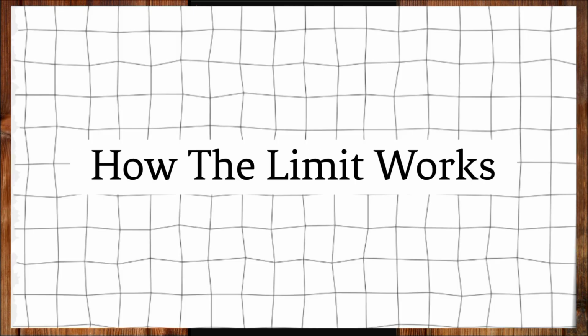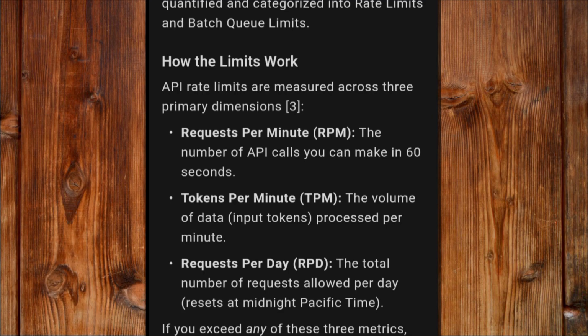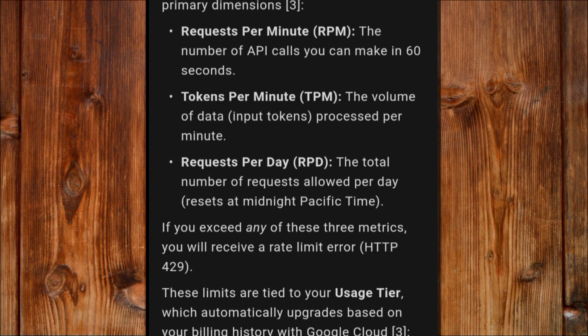You can see it. Now how does the limit work? It measures API limit across 3 dimensions. The first one is requests per minute, the number of API calls you can make in 60 seconds. This is how the first limit is calculated. Now the second limit calculation is tokens per minute, which is TPM, the volume of data, which is the input tokens processed per minute. Now the third one is requests per day, which is RPD, the total number of requests allowed per day. And this resets, if you are in Pacific, you can say 5 hours, or it will reset at